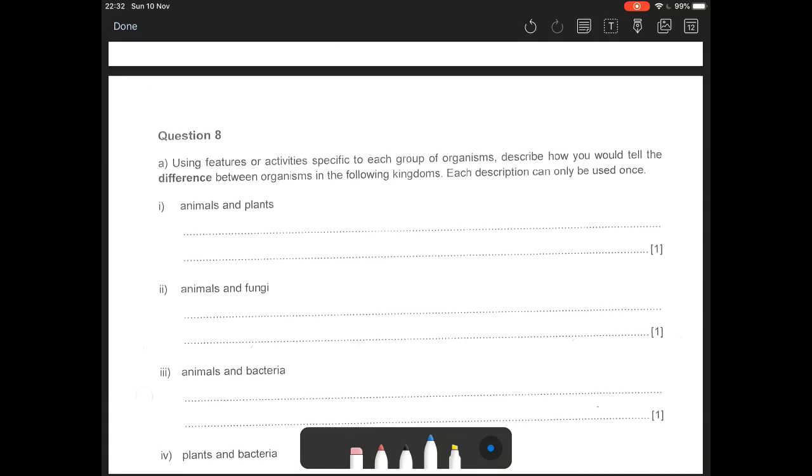Lastly, we get on to question 8, which was by far the hardest question for both groups. Let's read it carefully there. It says, using features or activities specific to each group of organisms, describe how you can tell the difference between organisms in the following kingdoms. Each description can only be used once. So that was a mistake that quite a few people made, using the same description over and